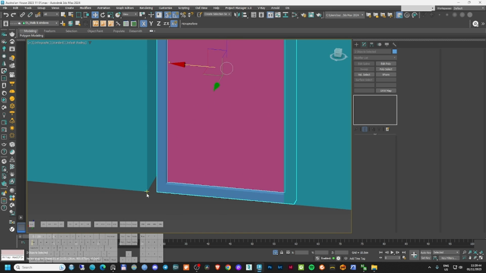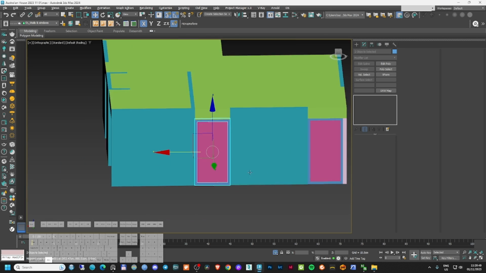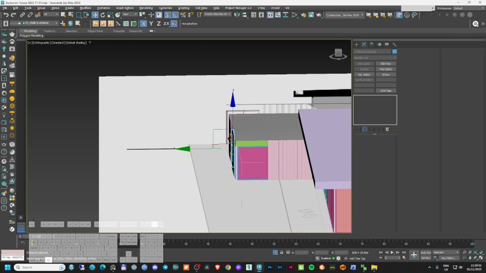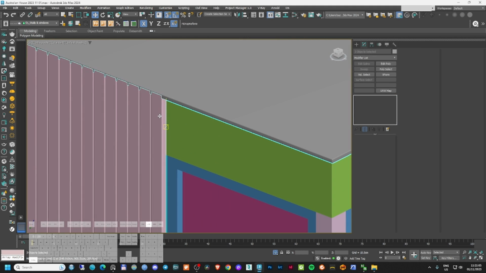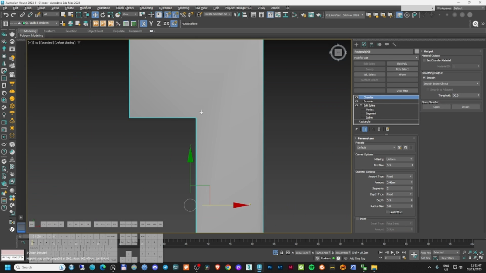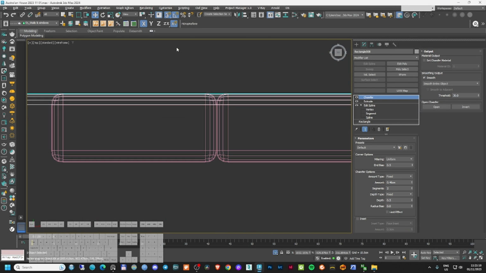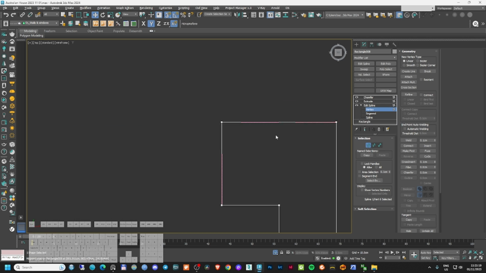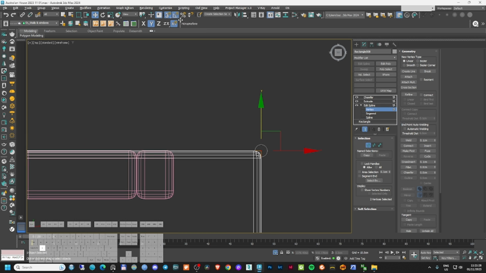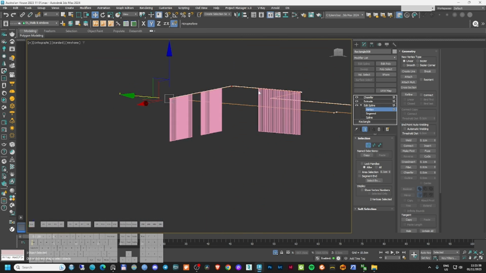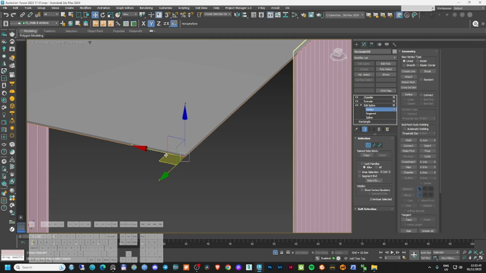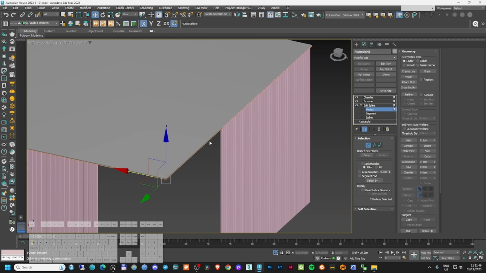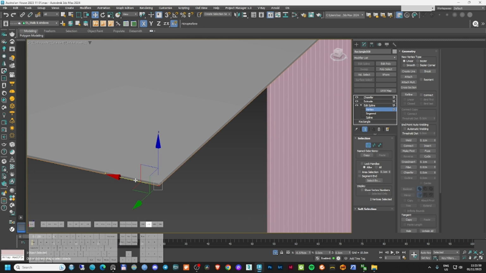I'll just make a copy of this here. Unhide all. This should be covered here. So let's okay, this is nice. And another thing that you need to do all the time is to add a thickness to this. Now also depends on which render engine you are using, but